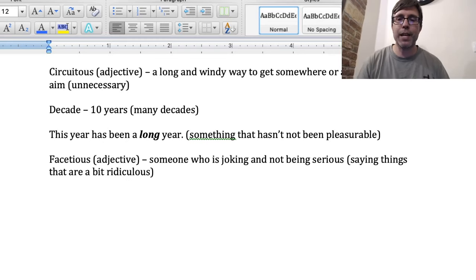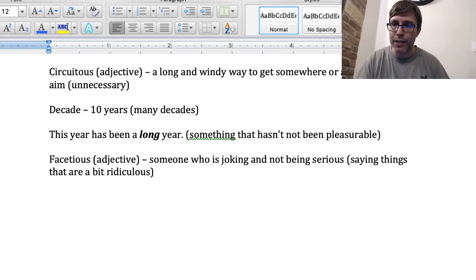And I'm saying that they're talking about things that are a bit ridiculous because I think that the intention is that the other person knows that they're joking. So you're not really telling a lie, because you're trying to say something that is over the top, it's really ridiculous, and the other people know that, okay, they're not being serious, they're being facetious. And I think we often use it in the continuous tense, like somebody is being facetious.